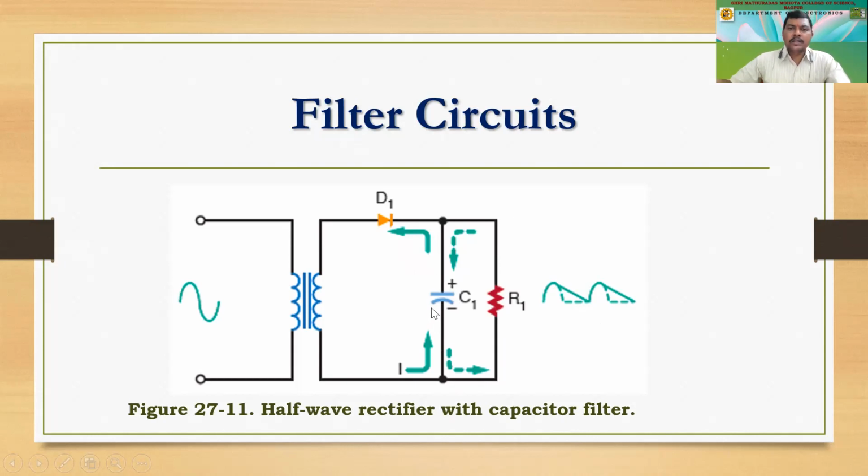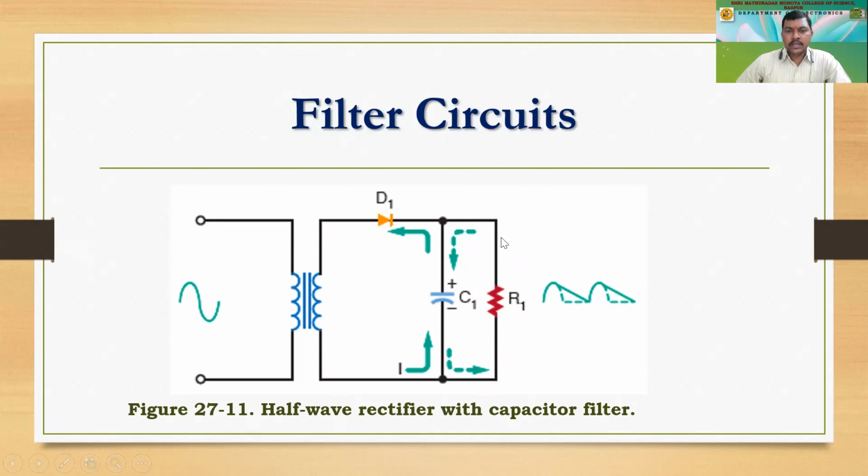This is the simplest filter that we are having in our syllabus. We call it a shunt capacitor filter. I guess you might be going through the syllabus of RTMNU, which is supposed to be the new syllabus of this. So we are having this shunt capacitor only, and shunt means we are putting the capacitor in parallel to the load resistance. Shunt means parallel, right?